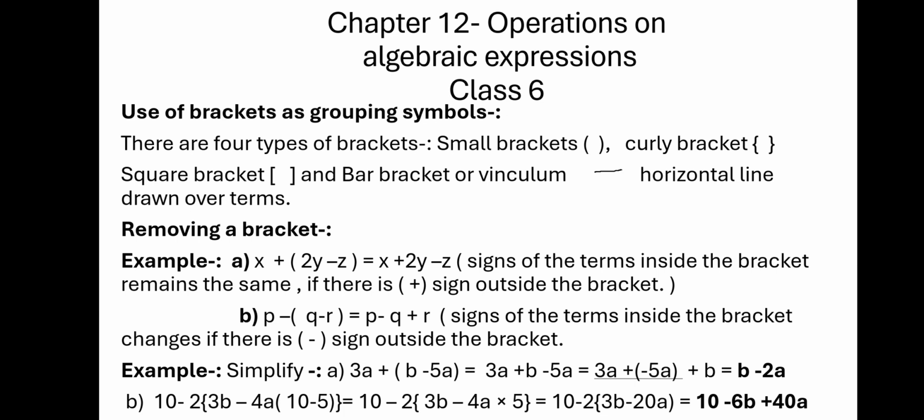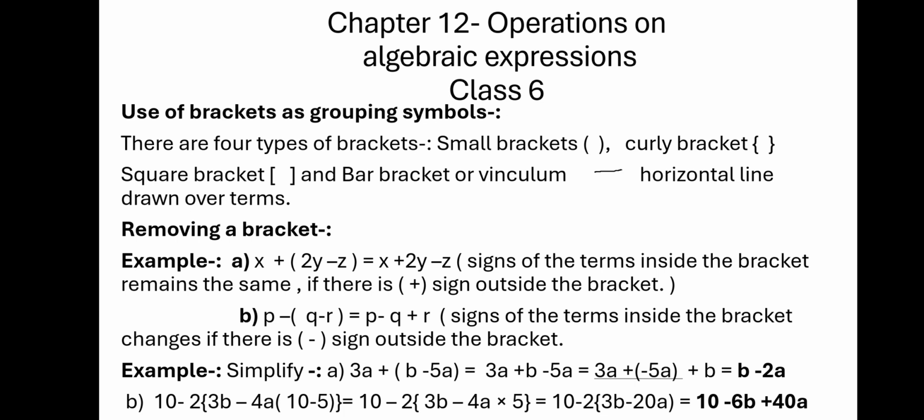Use of brackets as grouping symbols. There are four types of brackets: small brackets, curly brackets, square brackets, and the bar bracket or vinculum. You can see these brackets, and how I have given a horizontal line drawn over the terms. Removing a bracket. Example: